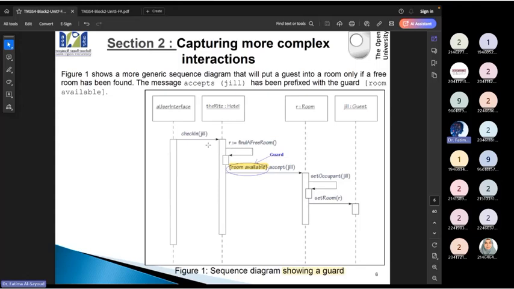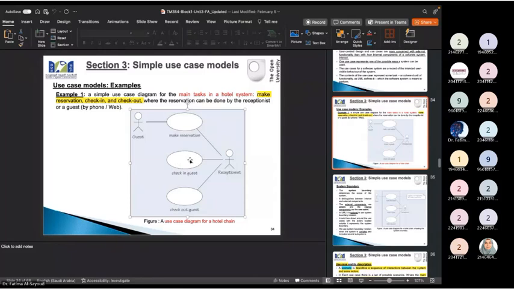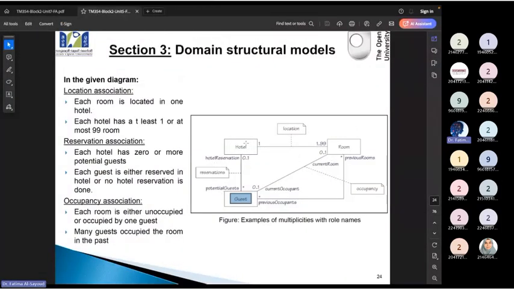The third strategy, they said, we have a use case. And do I have this use case as a class in our class diagram? I have make reservation, check in, check out. What are the things that the receptionist and the guest can do? They are the use cases. But if we go back to the class diagrams, we don't see any class that represents check in or check out. We don't have a specific class for them.